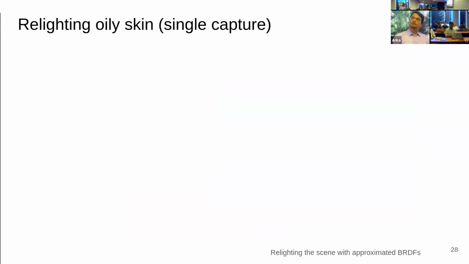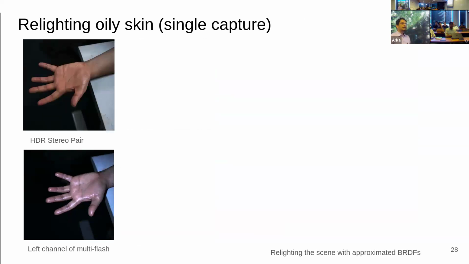Let's take a look at another example, which is harder for conventional vision. We're looking at my oily hand. Its oily skin is harder to image because, again, it has many specular highlights here and there. So conventional stereo might fail. Like before, we took